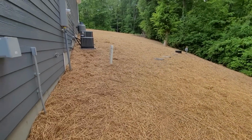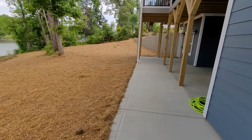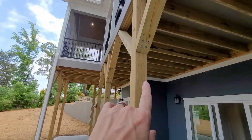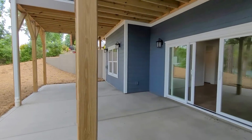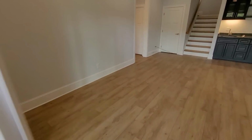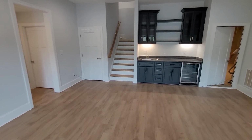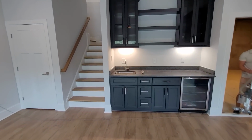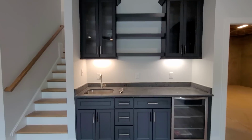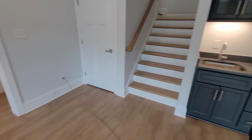So anyway, there's this great back patio with all kinds of room for lawn furniture, and you've got a roof over everything, so you're not going to get all the weather down here. And whatever furniture you put down here, you'll be dry. So if we go back here, they've got the beverage center, wet bar, whatever you want to call it. They've got nice decorative cabinets with shelves. You've got a beverage fridge down there and a sink. For your basement area,